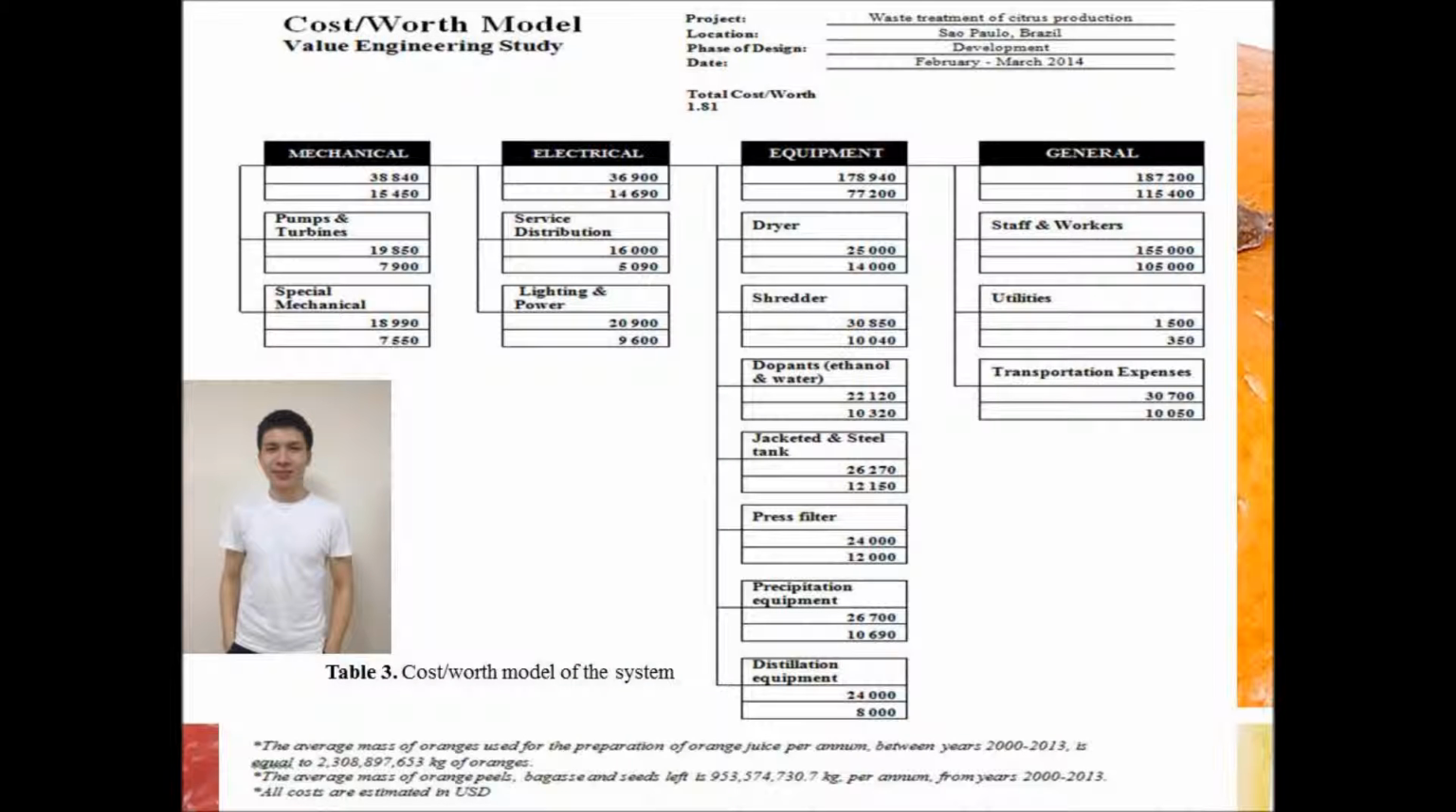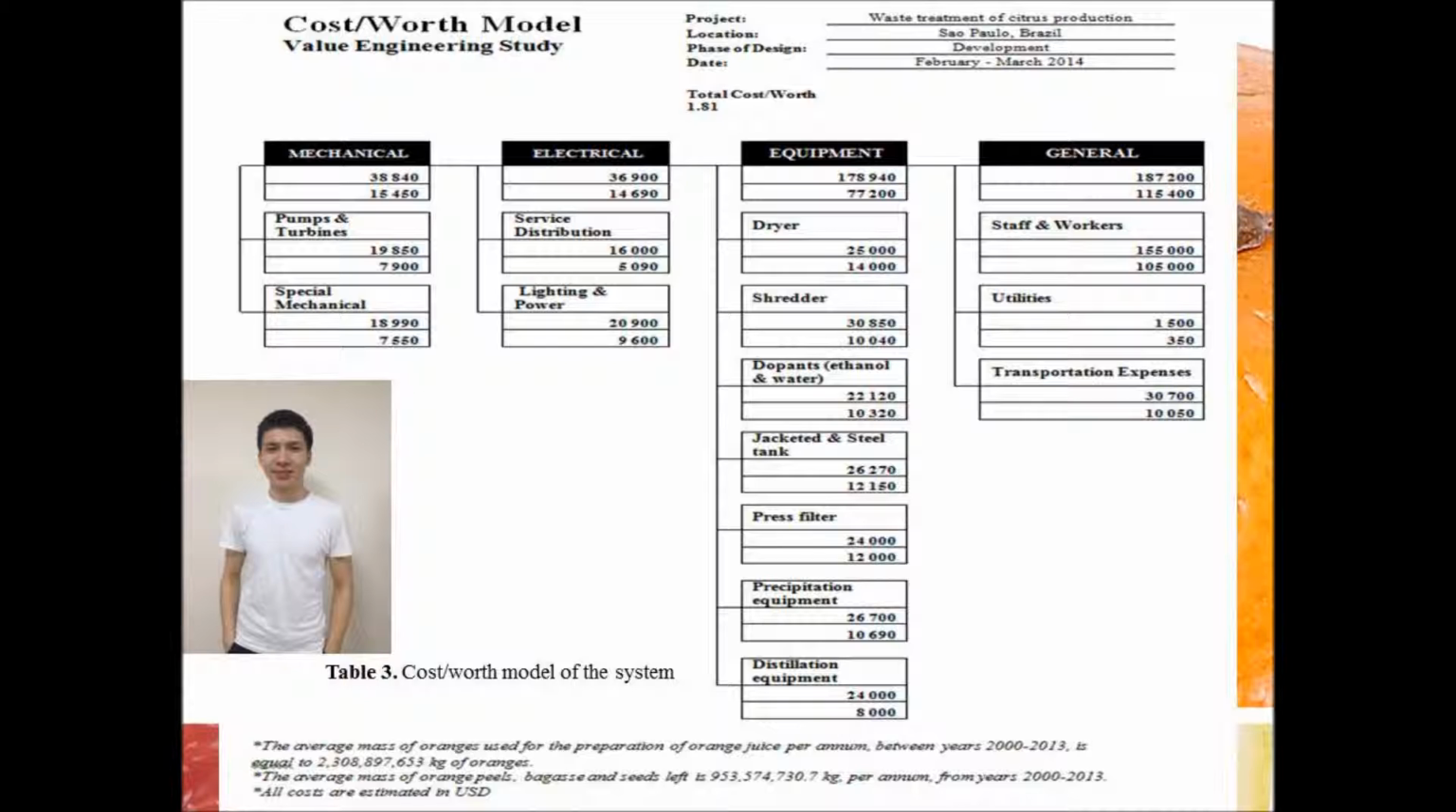The cost-worth model for the original system, in our case the citrus pulp pellets, is divided into 4 sections. They are mechanical, electrical, equipment, and general spendings. From the table we can observe that the general spending has the highest expenditure needed to maintain the project cost. This is due to the high labor and transportation expenses. The equipment cost needed for the production of pellets is